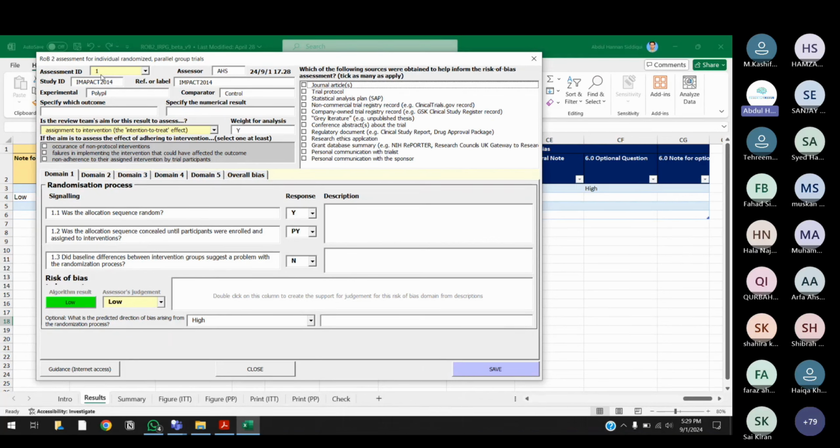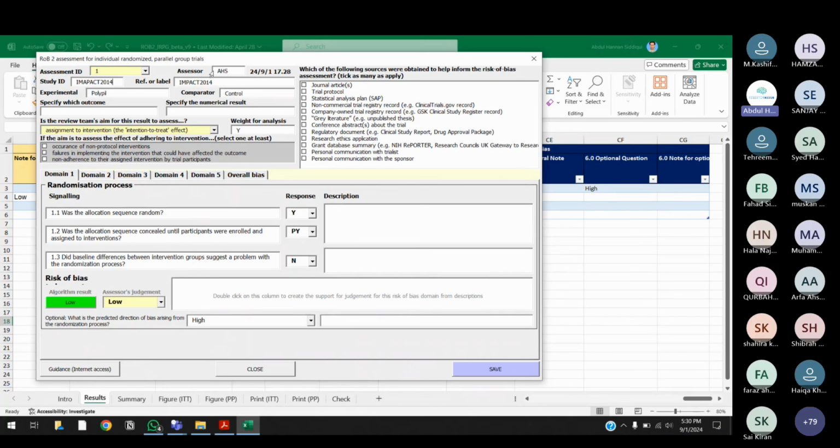As you can see on my screen, I have already assigned an assessment ID for Impact 2014. The study which I am assessing is Impact 2014. This information is already there because I typed it out manually and then saved it, just to show you guys. I typed 1 as the assessment ID and then typed Impact 2014 in the study ID, which means the Excel sheet is going to remember that assessment ID 1 belongs to Impact 2014. Is that clear to everyone? This is the most important part till now: to assign the correct, unique assessment ID to an article.